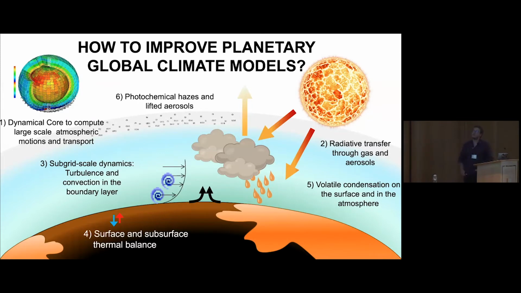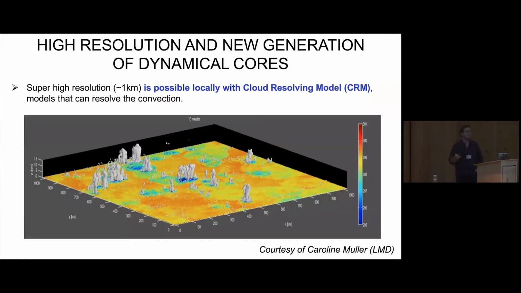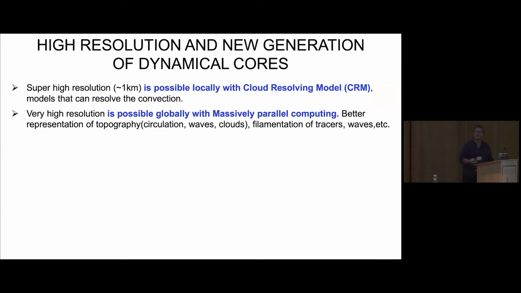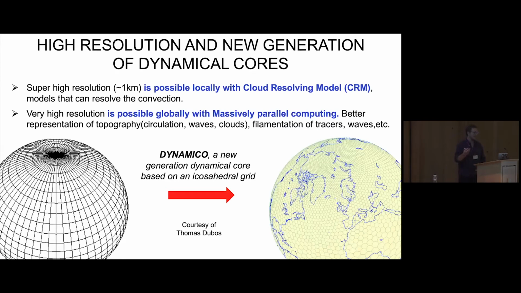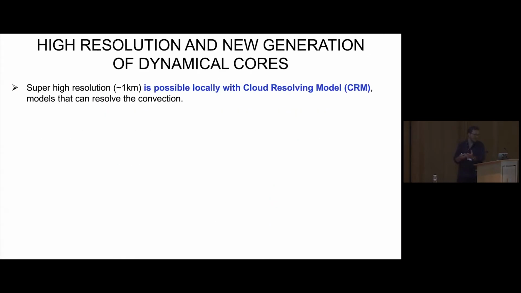You can do this in two different ways. You can first go to super high resolution, but then you have to decrease the size of your simulation, so decrease the size of your planet or put your planet in a box. That's what you do if you want to do a large eddy simulation or a cloud resolving simulation that has been presented earlier in the week by Denis Sergeev and by Maxence Lefebvre. And I show you some animations here of the work that was presented by Maxence earlier in the week. The idea here is trying to model all the processes that you cannot resolve at the scale of a GCM, that are subscale processes. And from that kind of exploration, we believe that maybe we can learn more about the processes and then include them in the GCM, where these processes cannot be resolved.